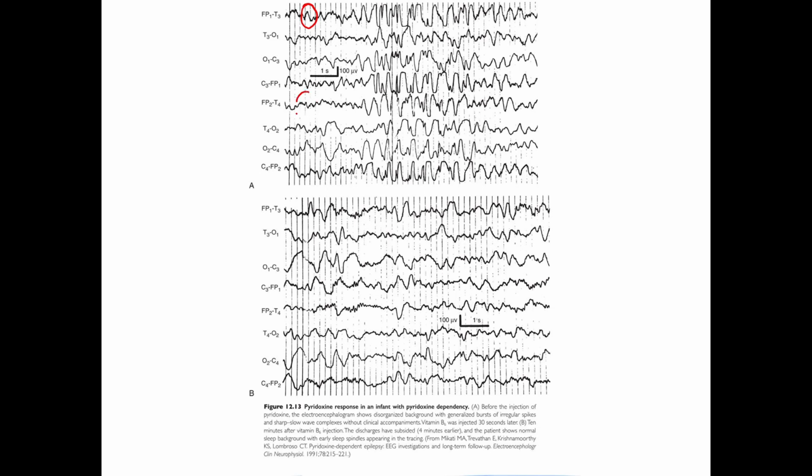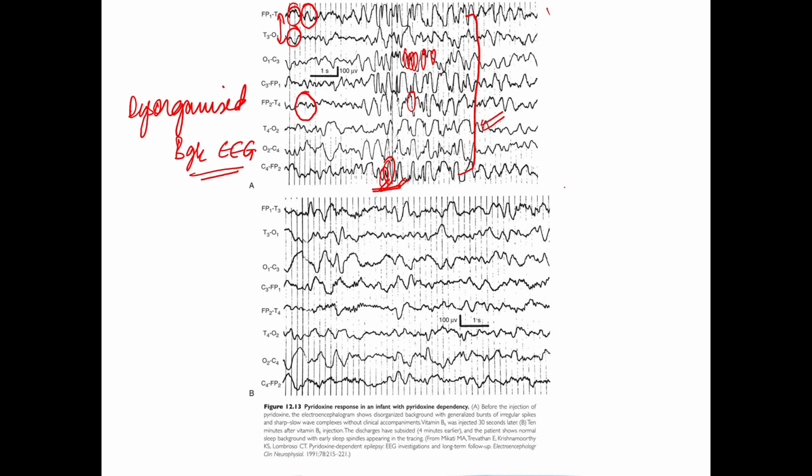And there is also asynchrony in the background, which is suggestive of a disorganized background EEG. This disorganized background EEG later ends up throwing spikes and slow waves. So there is a generalized abnormality, in all the montages we are seeing spikes, slow waves, sometimes sharps are also seen, polyspike pattern is seen. So this generalized abnormality was basically because of pyridoxine deficiency, dependency, and this EEG had